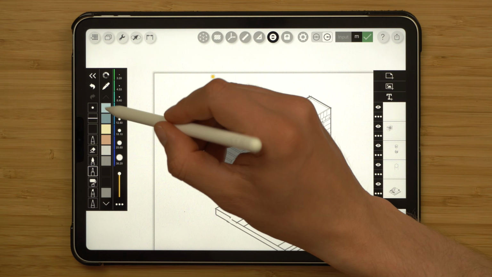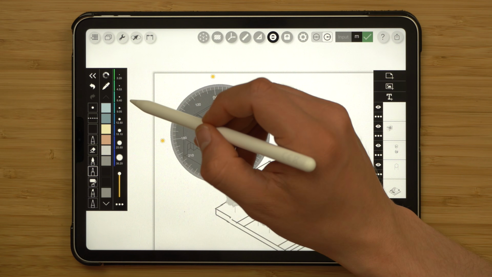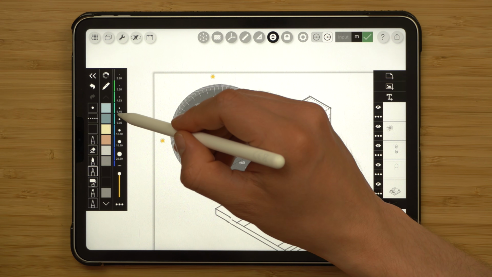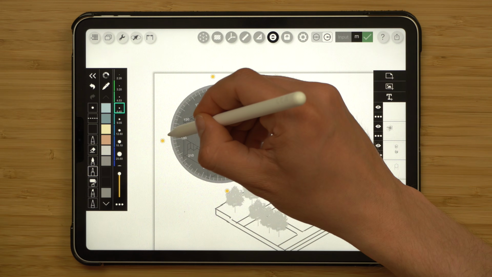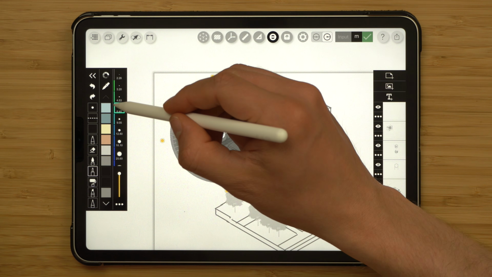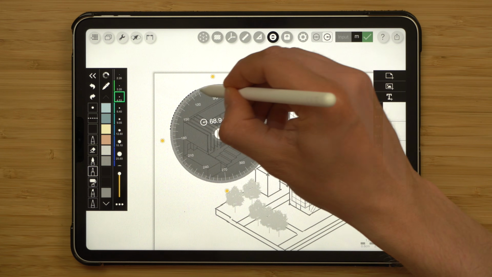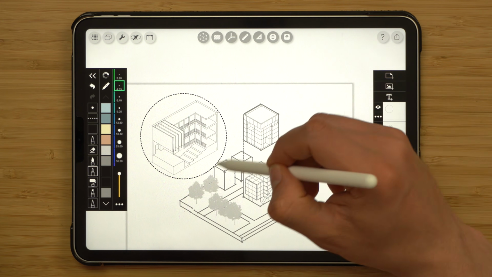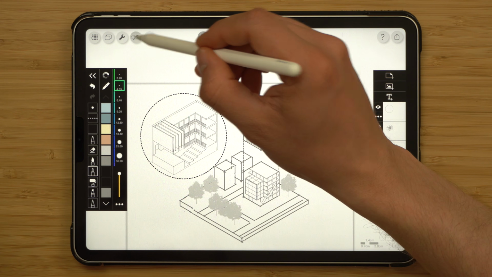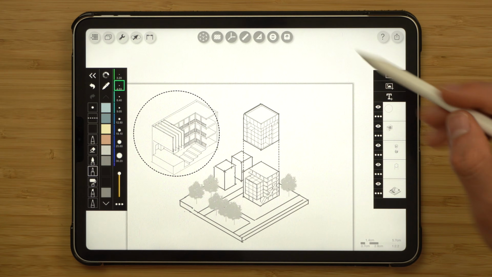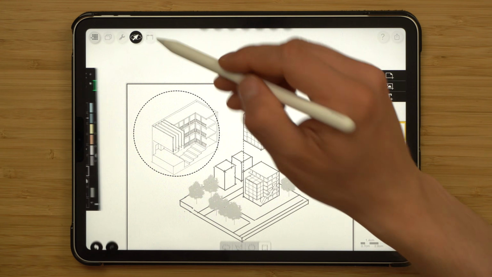Now that I have it, I just select the pen tool as before, but now I want a dotted line, and I'll go for a fairly thick line weight, 6.4, and drag the circle around. Maybe actually that line weight is a bit too thick, so I'll revert back to 4.5 and just do the same. It looks a little bit better. I just wanted that circle to be a little bit more away from these context buildings, so I'll select it and move it out a little bit, and then I'll do the same with the layer underneath.